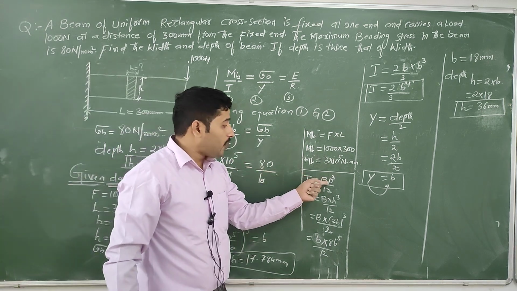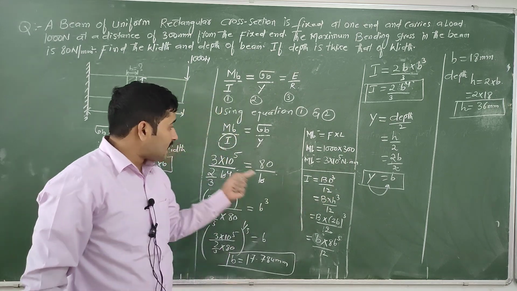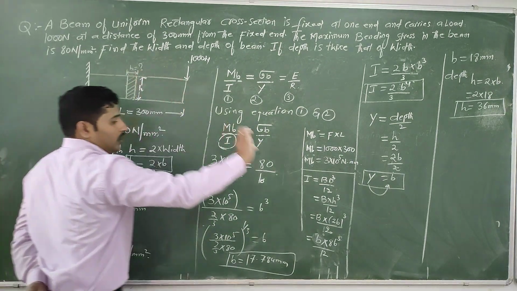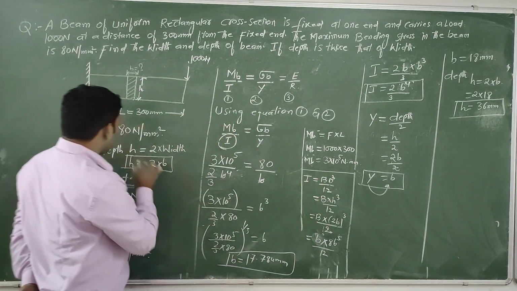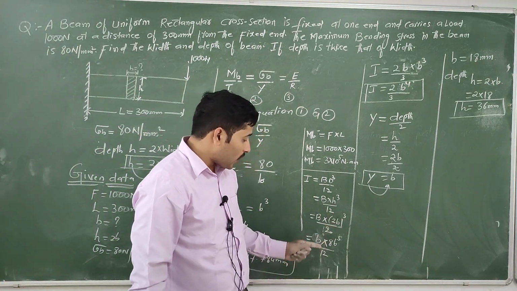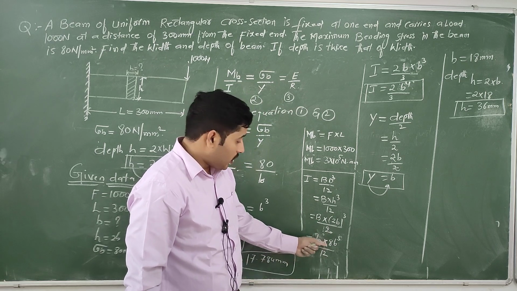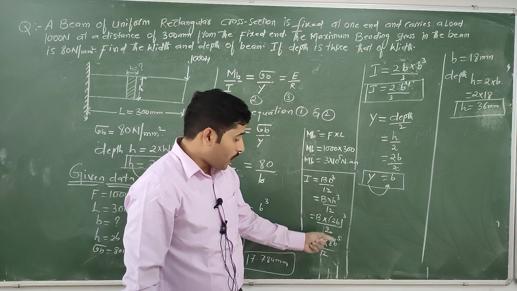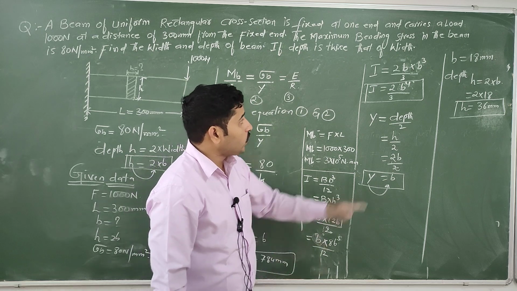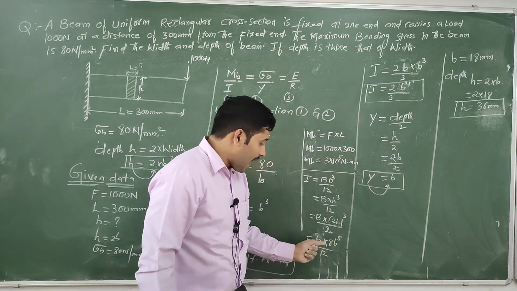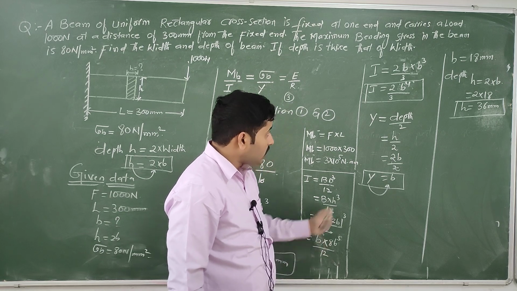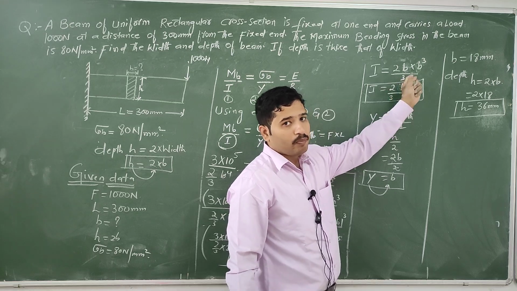Again we need to find the I, the moment of inertia of the beam. I is equal to BD cube by 12. B as it is, D is the depth, nothing but the height. Height cube by 12. Height value is 2 times the breadth, so 2 times breadth whole cube by 12. Breadth as it is, into 2 cube which is 8. B into B cube, 8 B cube by 12. If you divide this term, you will get 2 by 3, B as it is. If bases are same, the powers should be added: 3 plus 1 is 4. So 2 by 3, B power of 4.